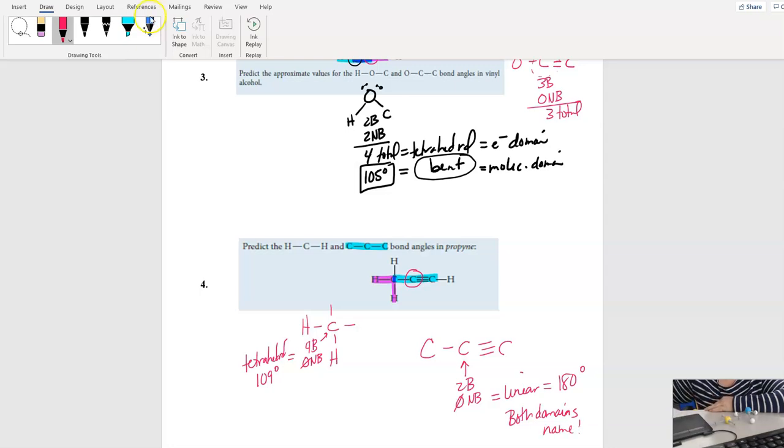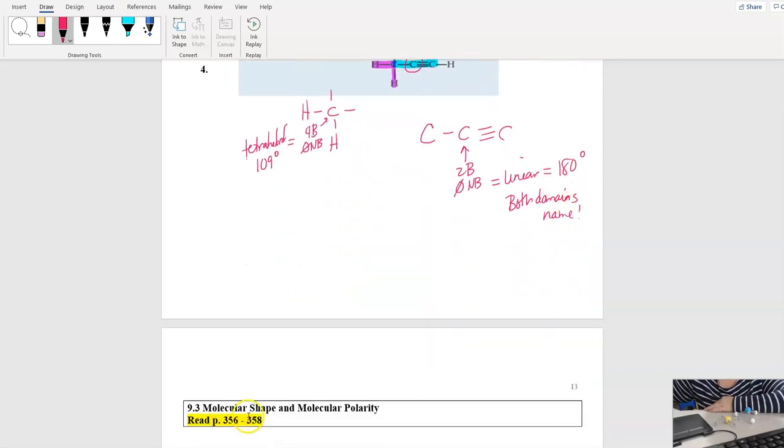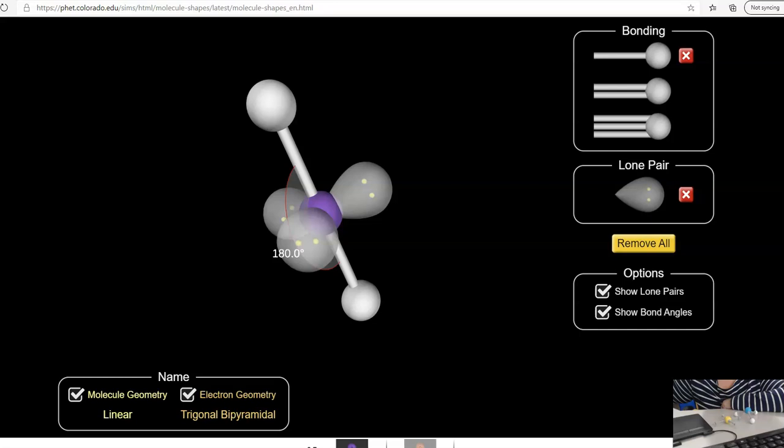Okay, so you just need to get the hang of it. You just need to practice. And yay, we're done. Then we're going to throw polarity into this craziness. If you want to practice that simulation, ladies and gentlemen, just go to the notes, type in that